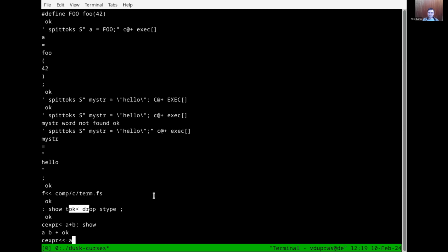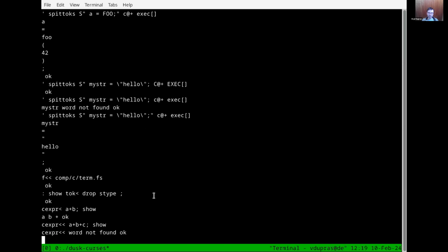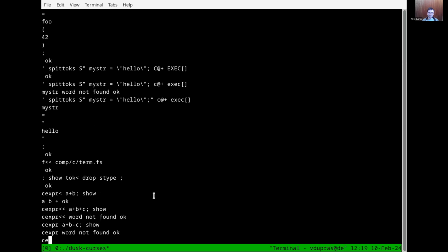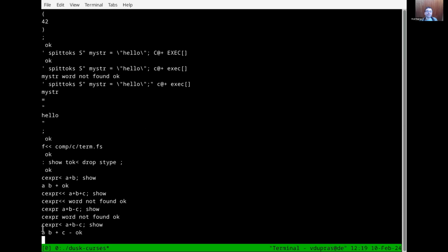For example, A plus B minus C here. Right. So we see that it does the expected thing in Forth. So if we wanted to translate this expression to Forth, then that's how we do it.